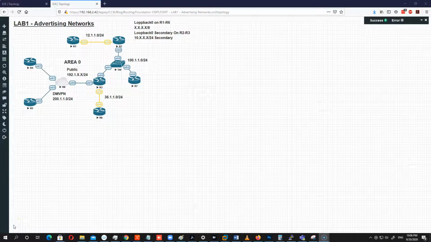Hi guys, so I'm back with our foundational OSPF labs. The total of 13 labs we're going to do. This is lab number 1. This is, I would say, the biggest lab I'm touching, and then after that I will break it down into